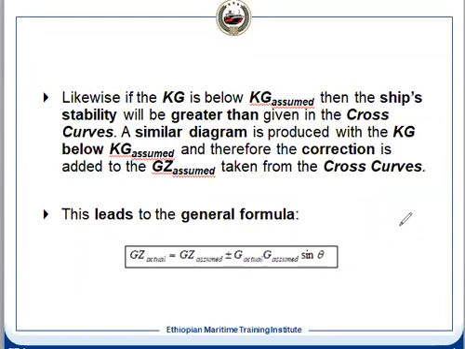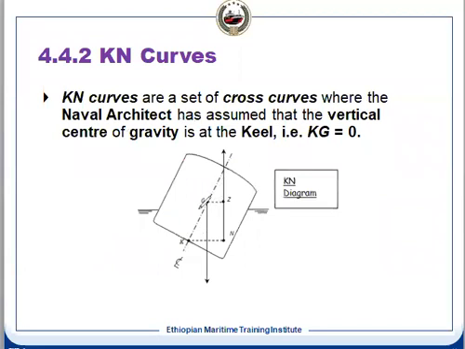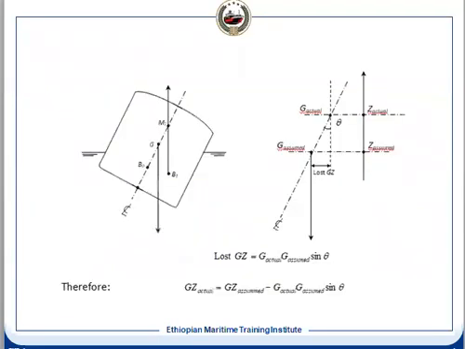So when we say this angle, I mean G actual is shifting upward and downward. Does it mean the angular shift is to the port side and the starboard side? No. What we are considering is that G is moving on the center line. If you see, this is the center line. G has not shifted to the port or starboard side. It is on the center line.